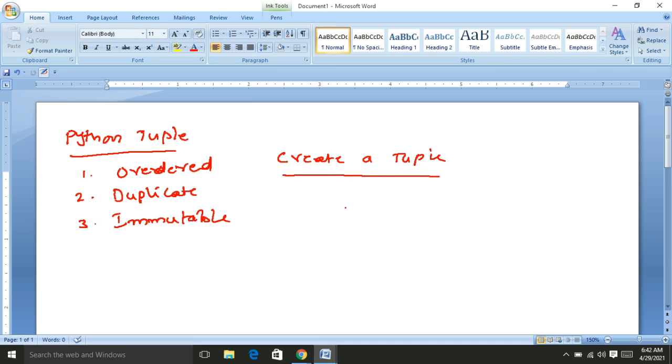One, by simply using the parentheses. Suppose I write t equal to empty parentheses. This is an empty tuple.